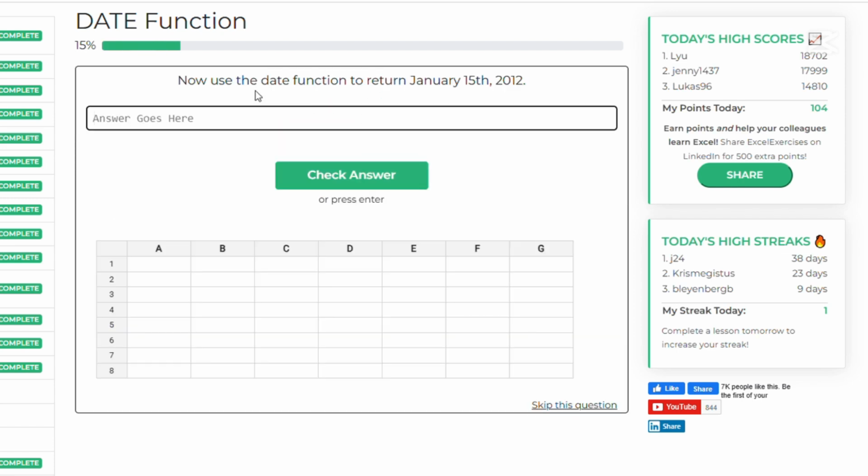Okay. Now use the DATE function to return January 15, 2012. It should be equal DATE, 2012, right? January, and then 15,